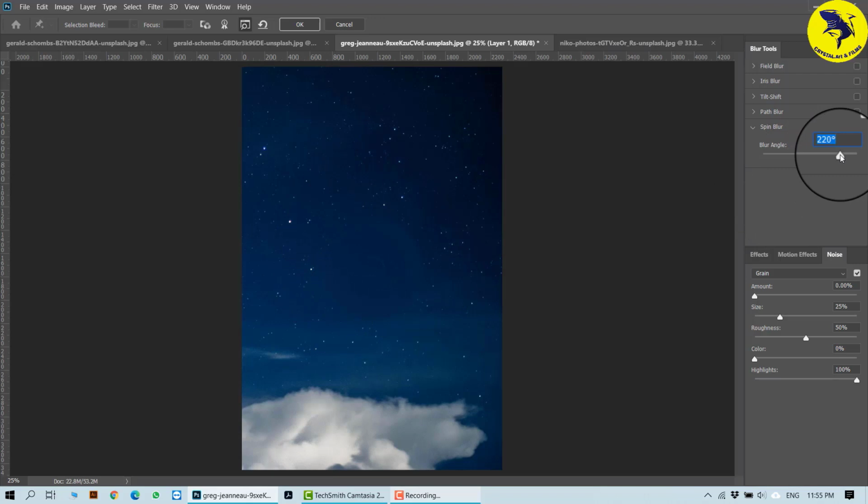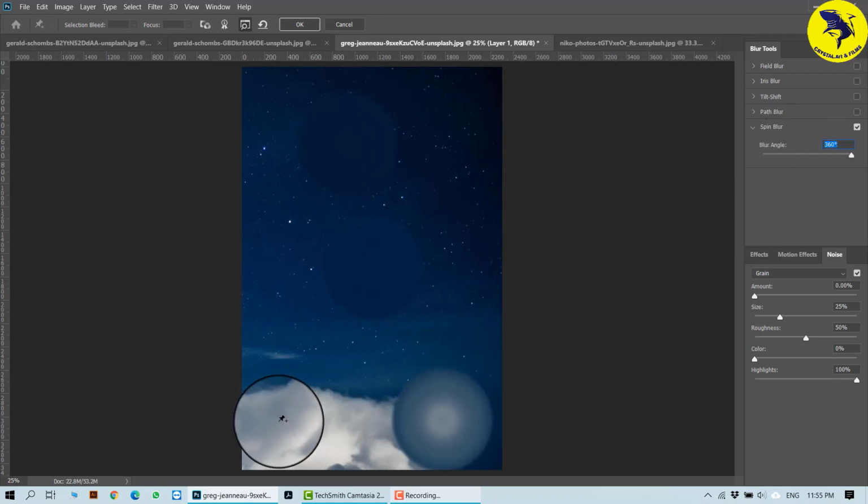If you want to make it bigger or smaller, you can use the blur for your own purposes. Now if I click here, I can do it there also. There are two blurs now. If I click onto this cloud, there is one more blur. If I click onto this cloud, there is one more blur. You can use it for your effects like that.